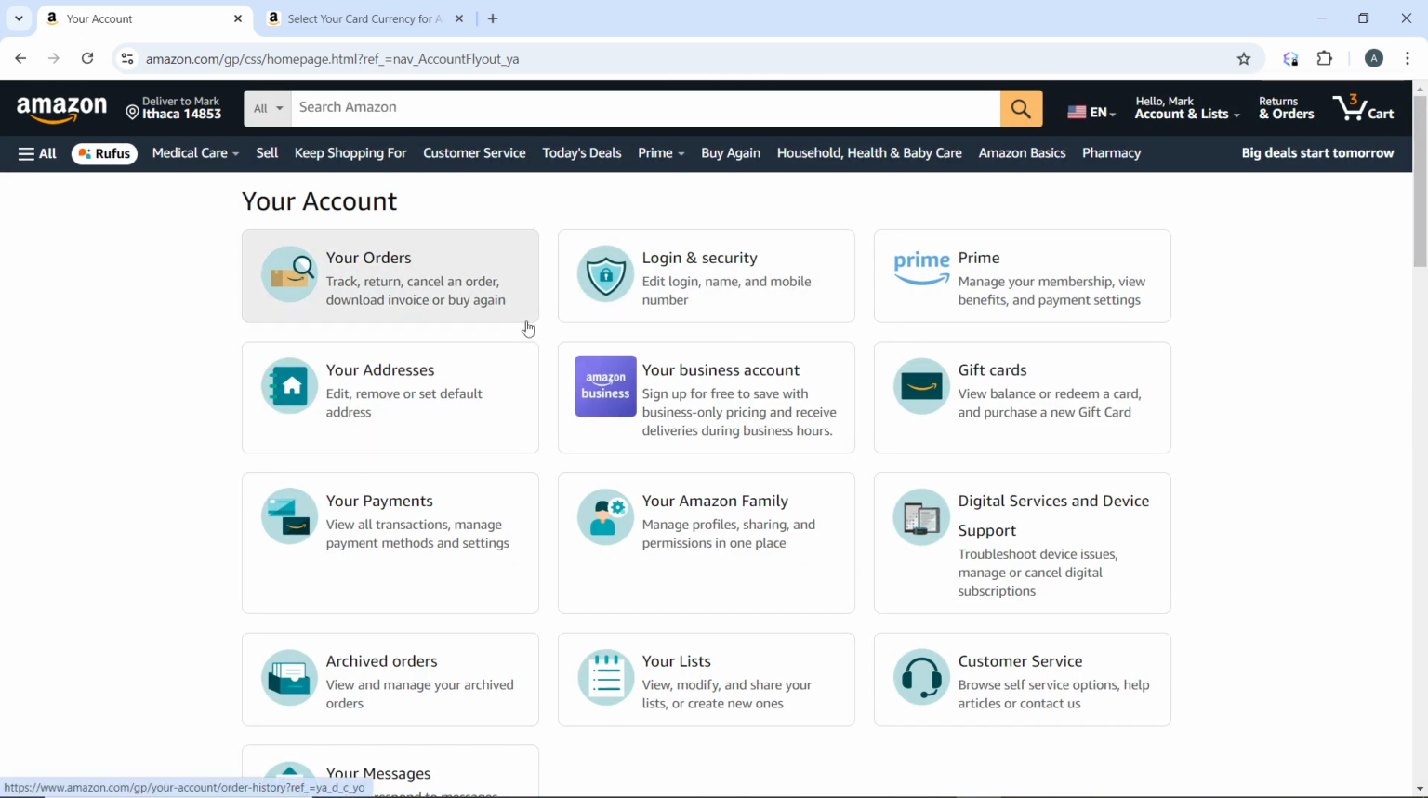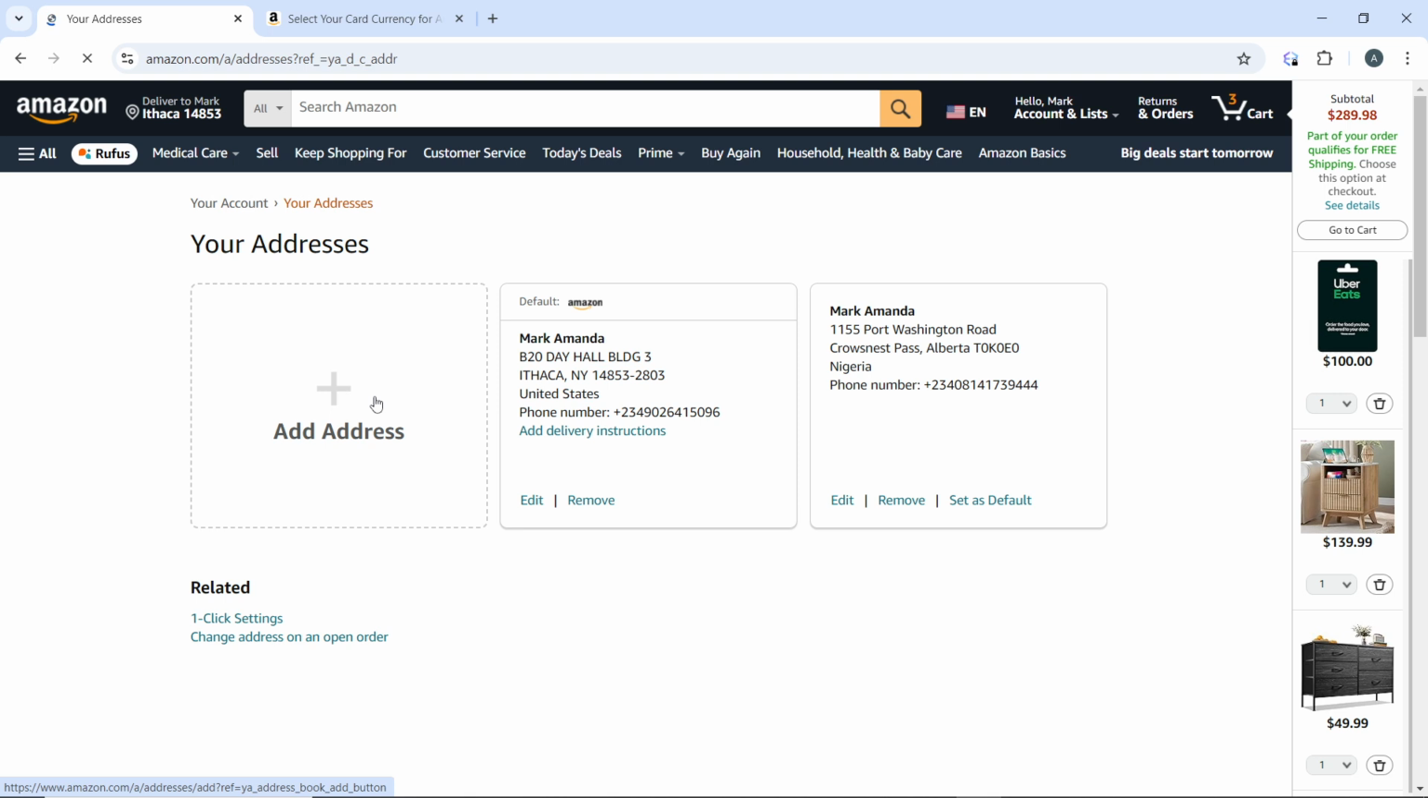Over here you have your orders, login and security, Prime, your addresses, your business accounts, and gift cards. Go ahead and click on your addresses, and that's going to open this page. So all you need to do to change the delivery address is click on add address. We have addresses in here, so click on add address